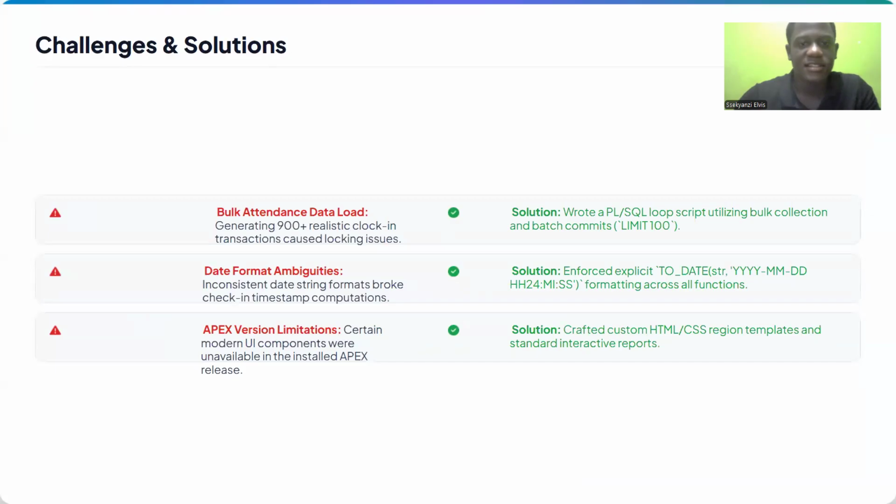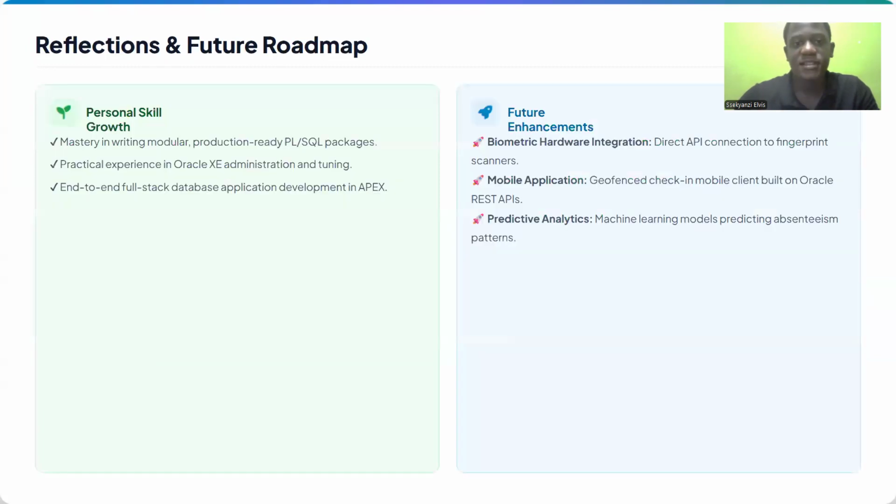These are the challenges, whereby we have the bulk attendance data load, data format limitations, text limitations, and version limitations, and the solutions are different. As you see, I wrote PL/SQL loop scripts and the rest there. So the reflections: what has been achieved by this application.